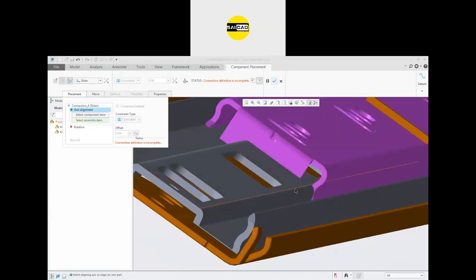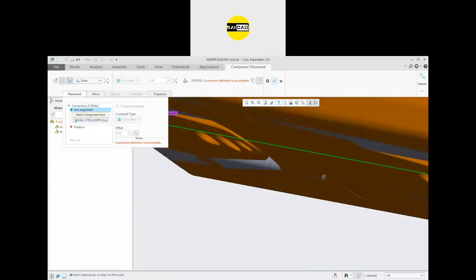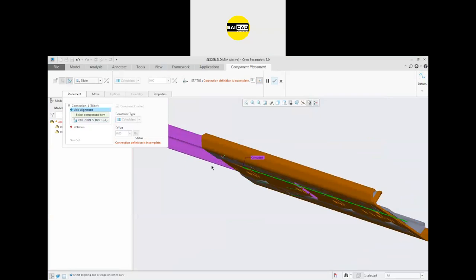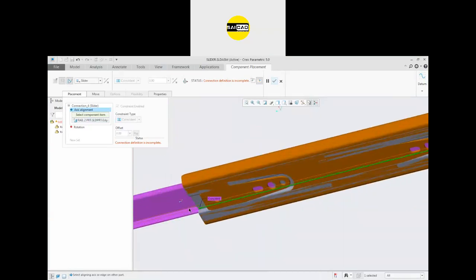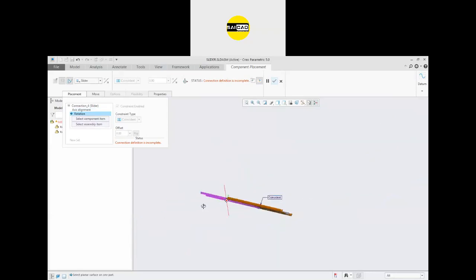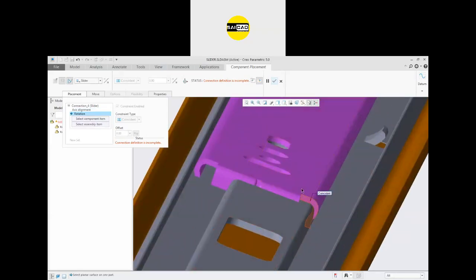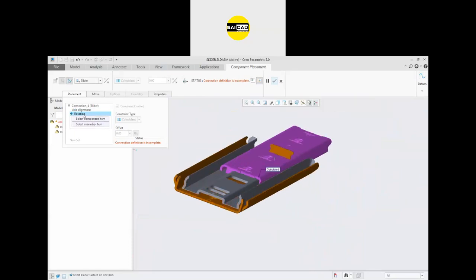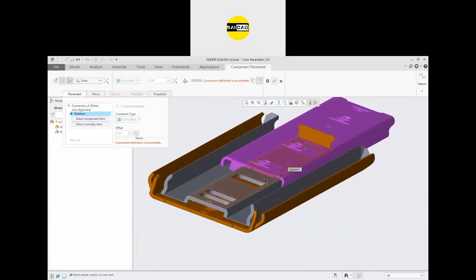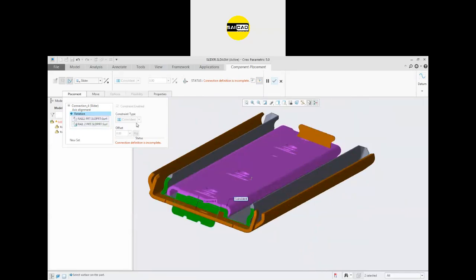Select the axis alignment properly, as I want this axis to be aligned right here. So you can see the axis alignment. So use axis alignment according to your needs. After that, we have to control the rotation. So just select two faces. Then we have the connection incomplete.